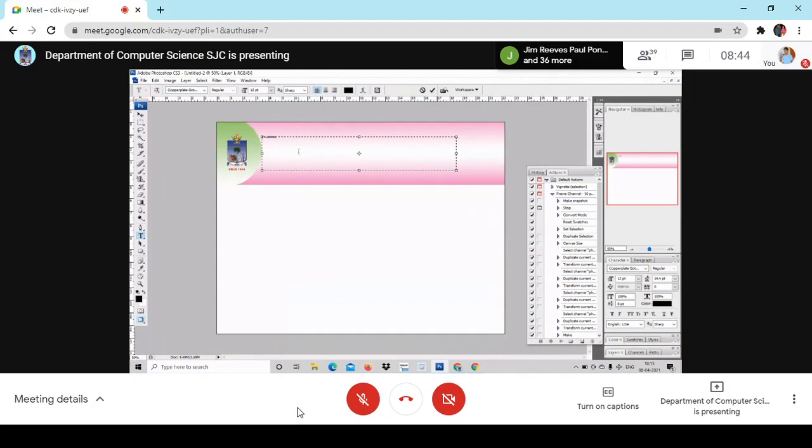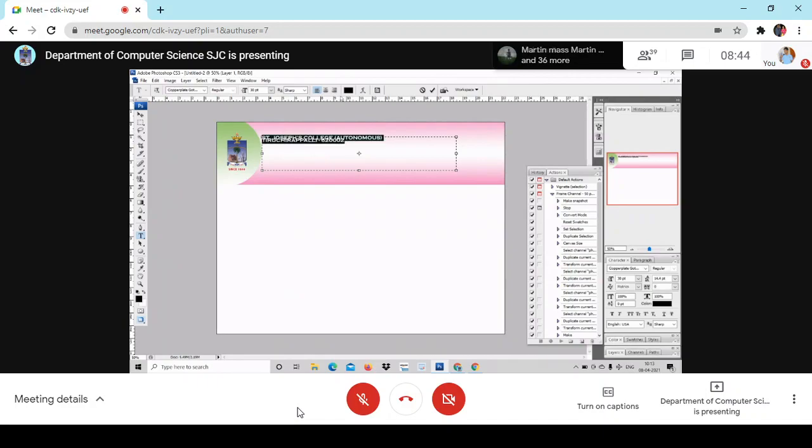St. Joseph's College Autonomous. Increase the size of it considerably, but don't increase it too much. And Tiruchirappalli, 620002, Tamil Nadu, India, something like that.